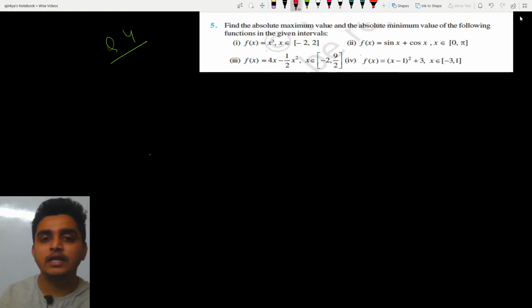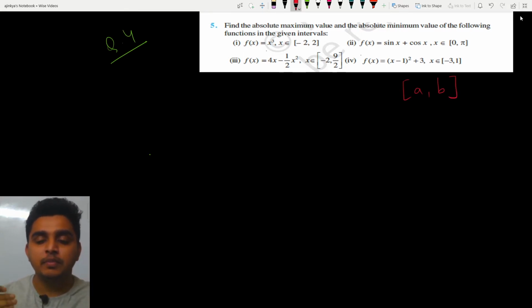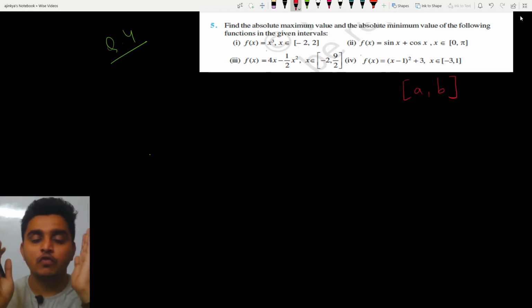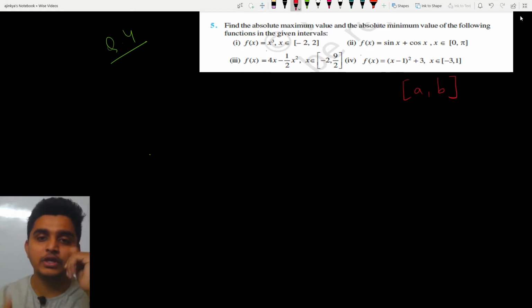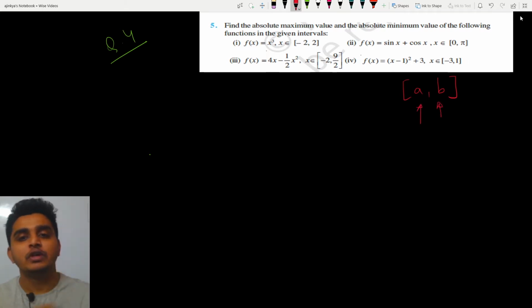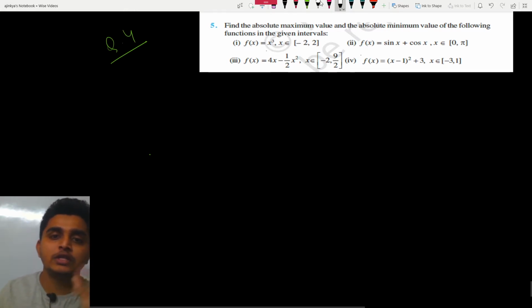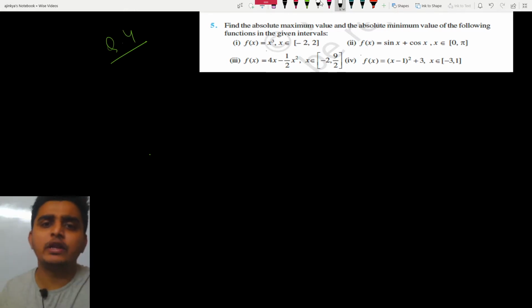Well, it tells us that in any interval given to us, if it is in a closed bracket, then you need to find the absolute maxima and minima using the first derivative and second derivative test for those two turning points, as well as these 2 points, which are A and B. So if we start with this procedure and see the different absolute values, we'll take